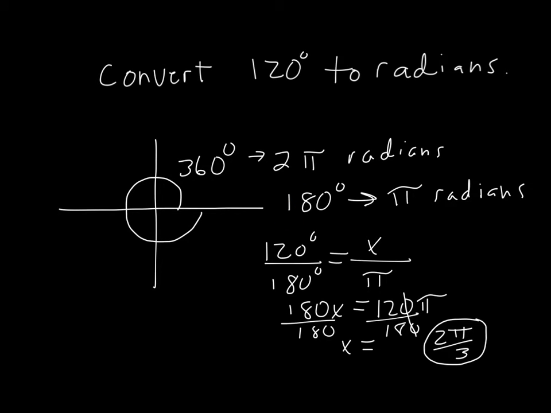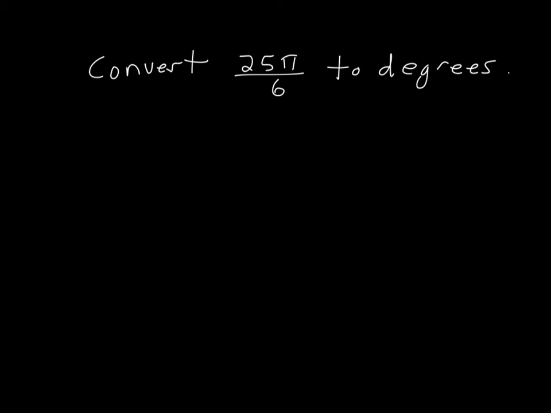All right, let's see what else we got here. This is the other way around. So now we're going to go a little faster. We're going to convert from radians to degrees. So same idea. We're going to go 25 pi over 6, and that goes with something that I don't know. But I do know that pi goes with 180. So look, radians goes with some amount of degrees, just like these radians go with that amount of degrees. So we end up with